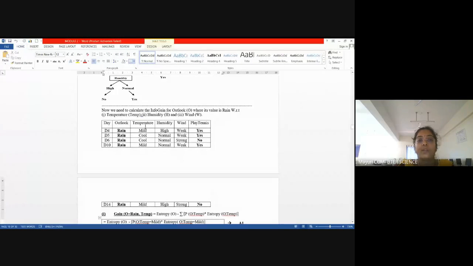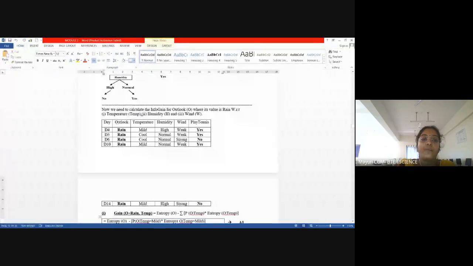So for that, you need not calculate the info gain of outlook with respect to temperature, humidity, or wind. You need not do that. Once you have that analytical capability, looking at each value of every attribute, whether it is fully classified with S or no, you can come to know. Equally classified means your error rate is still high, 1. If you see the wind, all the weak values are S, no doubt in that. All the strong values are no. Fine. So I can fix it.